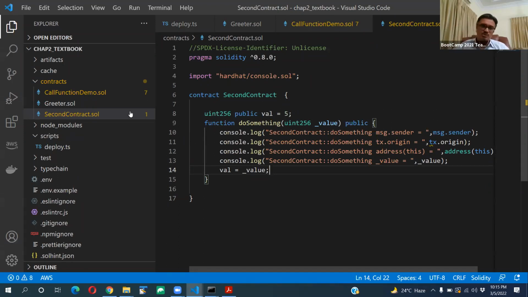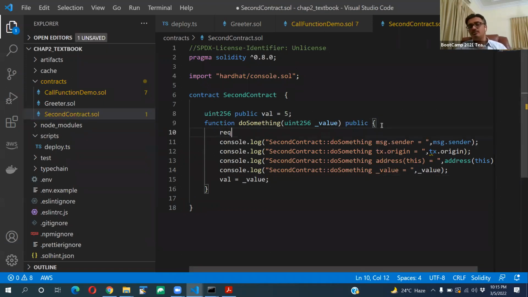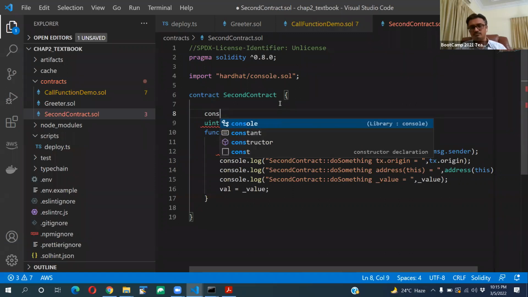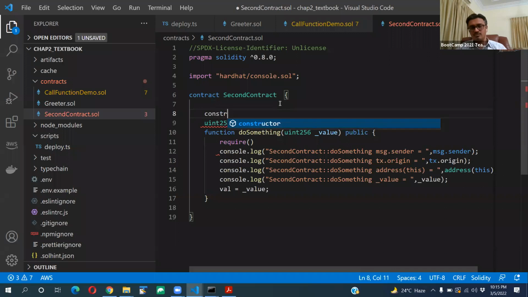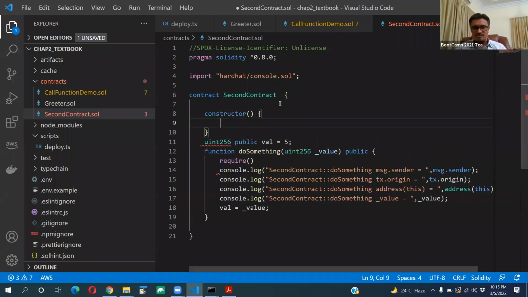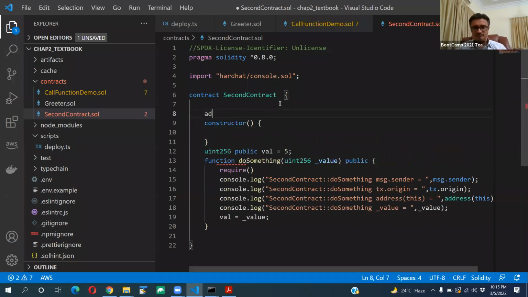So what you can do is you can apply some filters here. Require, and at the creation of this contract, that will be the additional